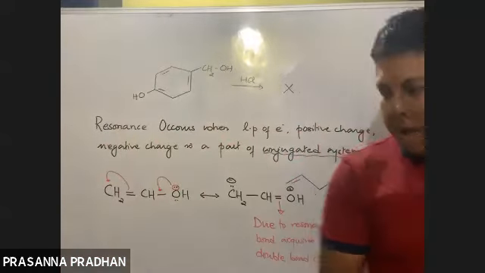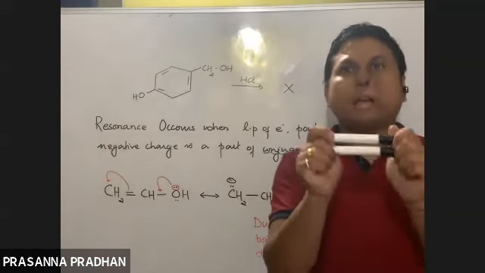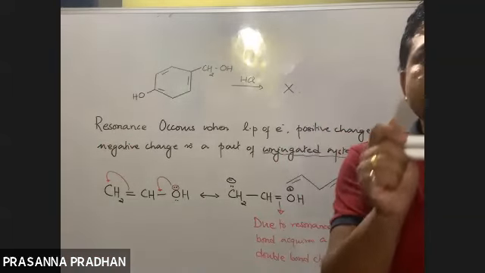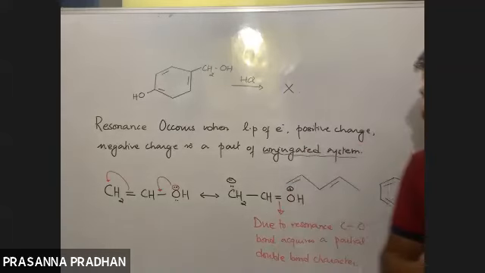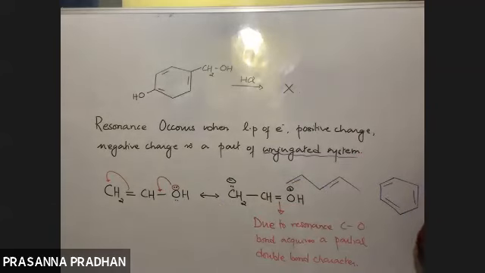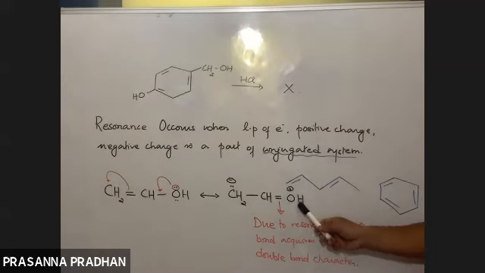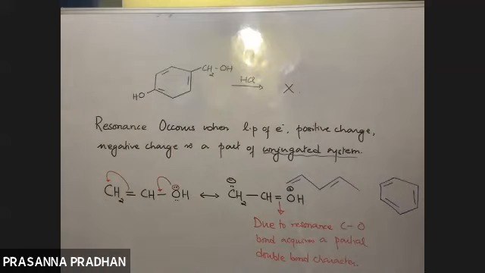So as soon as there is double bond character, what will happen to the bond strength? The bond strength will increase. Now we know due to resonance, this CO bond has a double bond character. So do you think this CO bond can be easily broken? No, because a double bond has greater bond strength than a single bond. So since it cannot be easily broken, this OH cannot be easily substituted. That's the concept you need to develop.